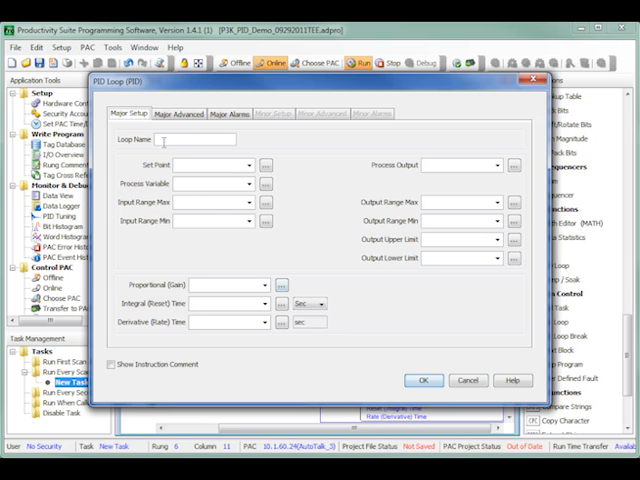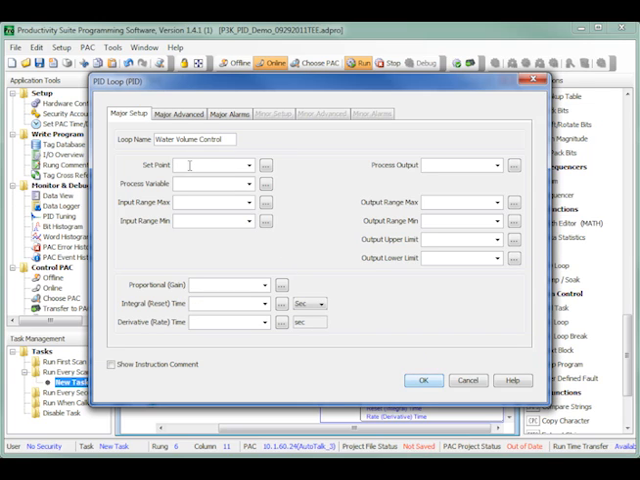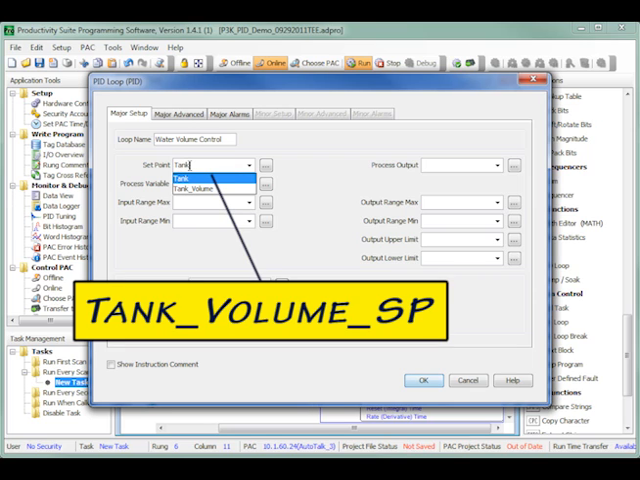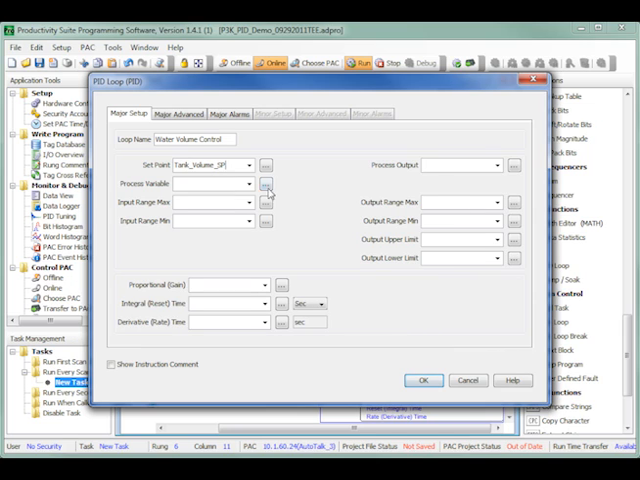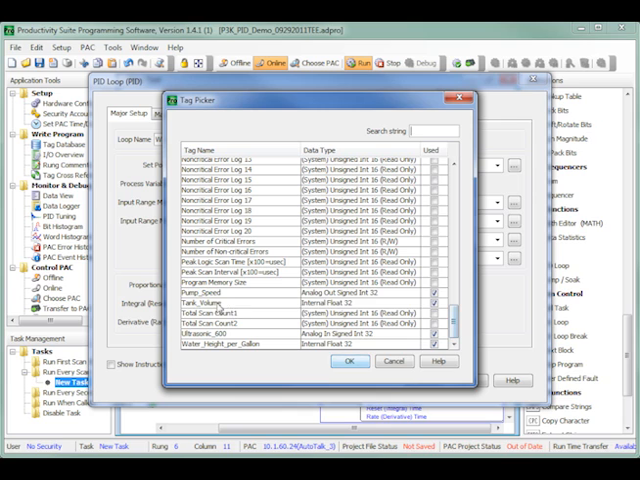The PID loop configuration window will open with the major setup tab ready for the various tag names and parameters to be entered. I enter a name for the PID loop in the loop name text box. I have chosen water volume control. Continuing with the PID loop configuration using fill in the blank parameters, I enter the tag name tank_volume_SP into the set point parameter and select the tag name tank_volume from the drop-down list that was defined earlier